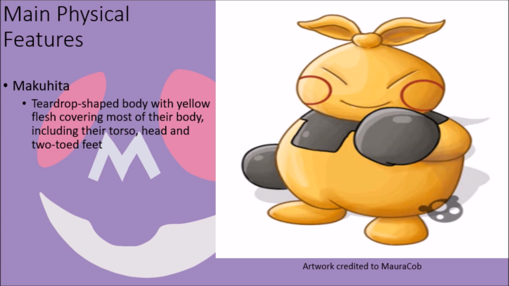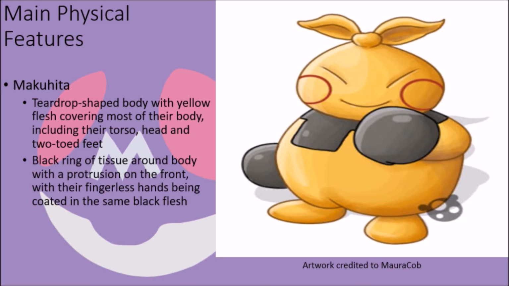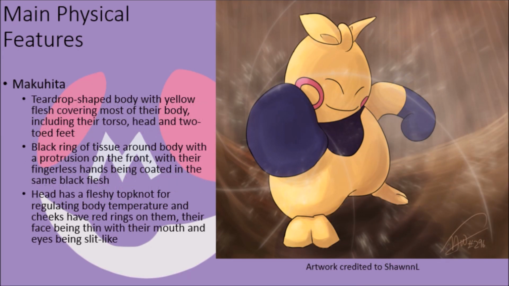Makuhita possess teardrop-shaped bodies with yellow skin covering most of their frame, including their main torso, two-toed feet, and head. There is a black ring around their neck with a circular extension that covers part of their upper torso, while their hands are fingerless and are covered in the same kind of black tissue. Their head is adorned with a fleshy top knot of material that is used primarily for regulating their body temperature, while their cheeks are marked with red ring-like markings and their face markings are quite thin, with their mouth looking like a thin line drawn on their face and the eyes being very small, perpetually hidden between their abnormally shaped